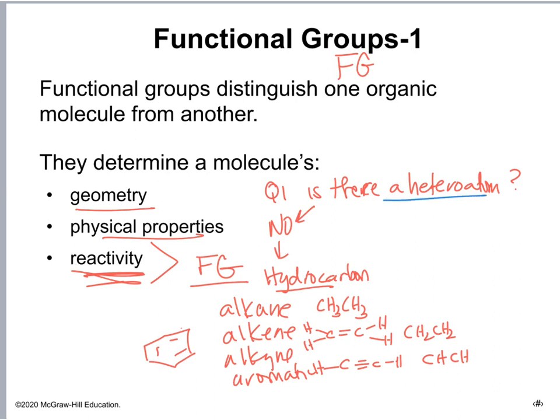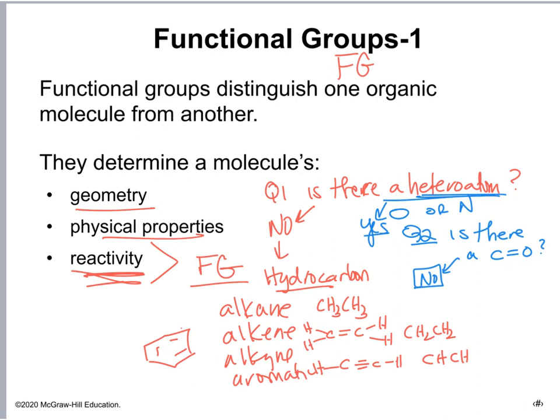Now, what if you do have a heteroatom? And typically we're just going to focus on oxygen or nitrogen. So what if it's yes? Then you need to ask question number 2. Okay, question number 2 would be, is there a carbonyl? And I have this kind of outlined in your notes. Is there a carbonyl? Okay, so if the answer is no,